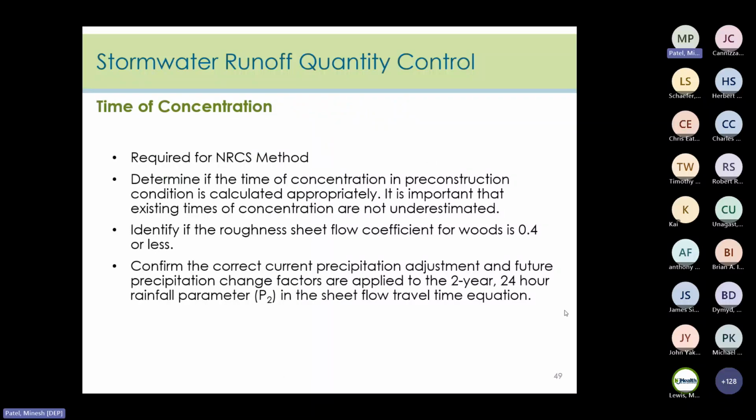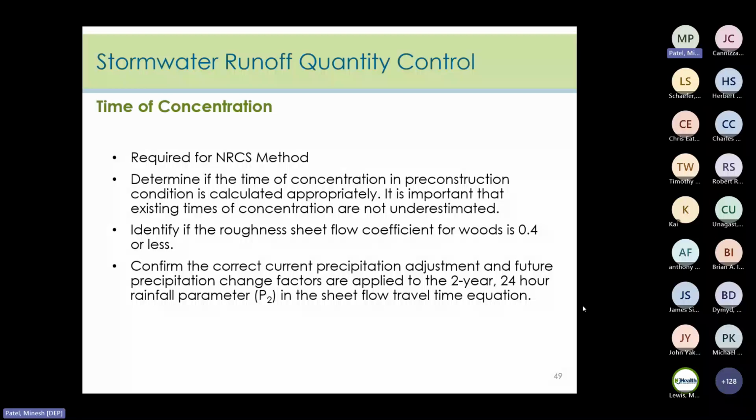The reviewer should next look at time of concentration. Information on how to calculate it can again be found in Chapter 5 of the BMP manual and the National Engineering Handbook. We also need to determine if the time of concentration in the pre-construction is appropriately calculated. We need to make sure that they are not underestimating this value. And we need to make sure that the Manning sheet flow roughness coefficient is 0.4 or less for the TC